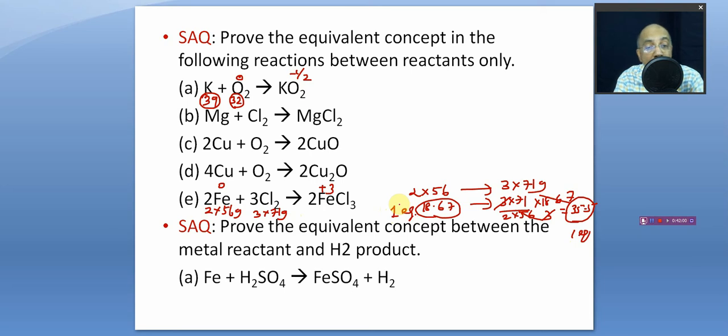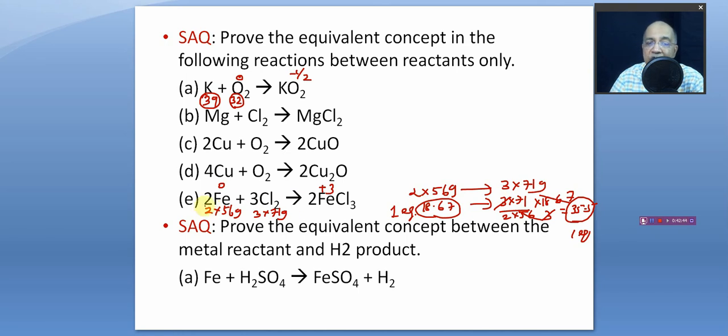So in this way you prove that if you take 1 gram equivalent of one reactant and establish the stoichiometric relationship, you will find that the mass required will also be 1 equivalent, right? Some of you might be feeling it is a little hard because we have not yet discussed stoichiometric calculation. If this many grams react with this many grams, then how much will this much produce? This is the unitary method, established from the mole concept, from the equation itself.